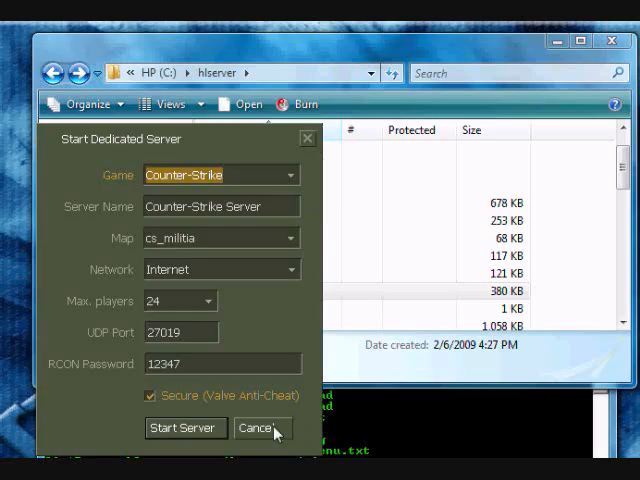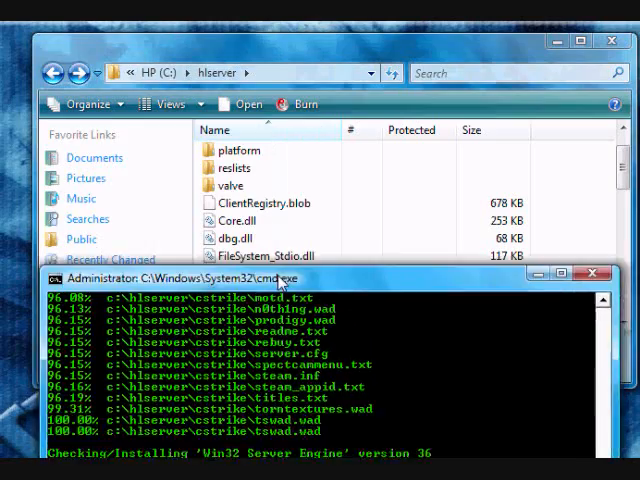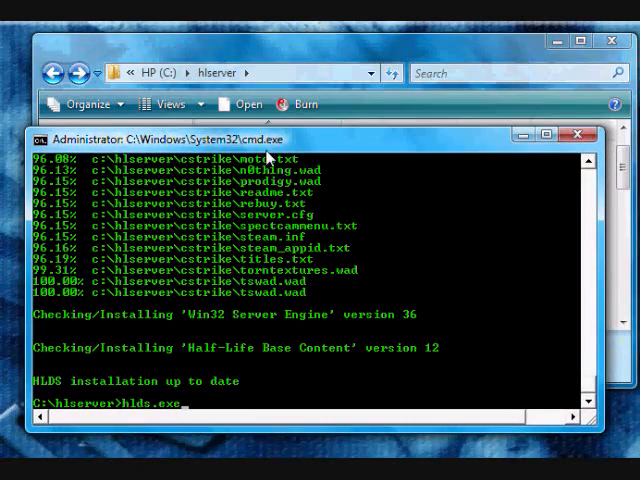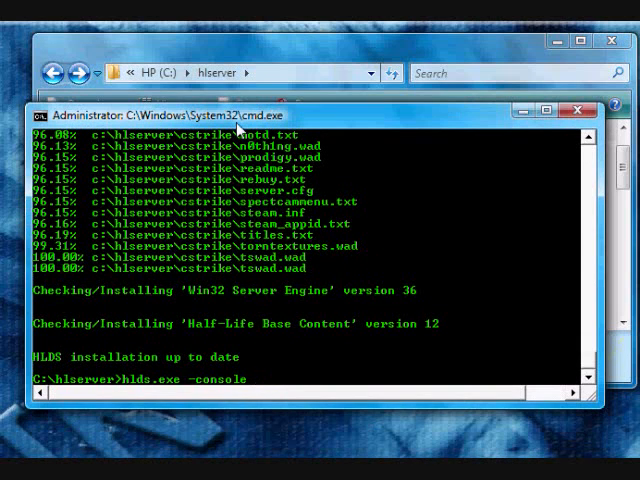But just say you want to run it without really lagging up your computer with all the graphs and stuff. You'll type -console. What this does is that it will run it in a command prompt like this in the console mode, and you do game cstrike